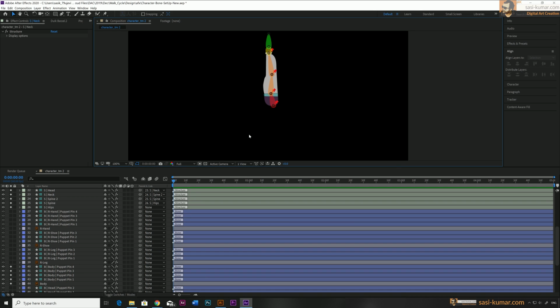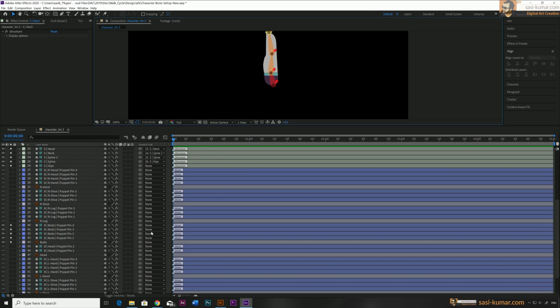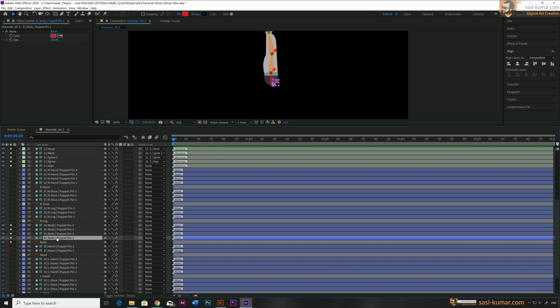To link those puppet points to the bones, we need to make the bones the parent of those puppet points. So we need to find the correct place and make the correct parent bone by linking them in here.